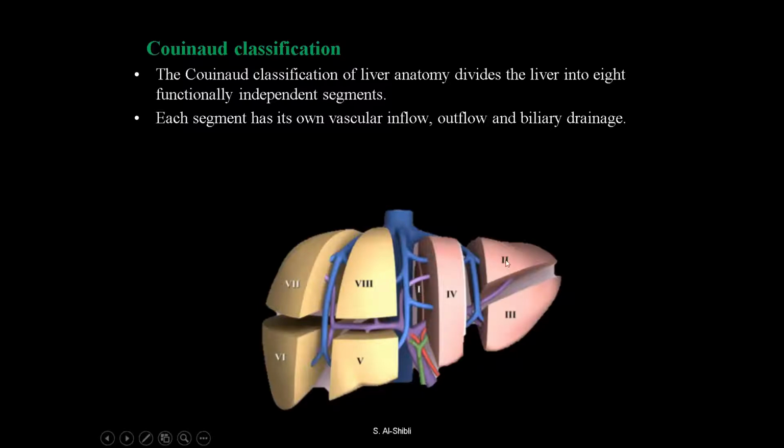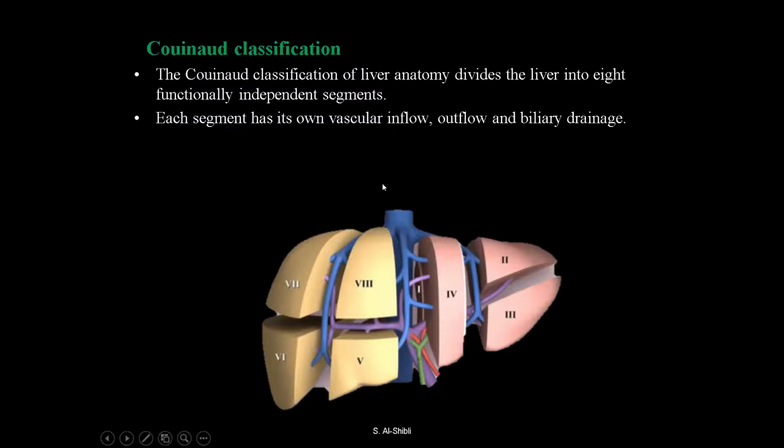Each segment has its own vascular inflow, outflow, and biliary drainage. You can find the same segmentation in the lung. In the anatomy of the lung, we call it the bronchopulmonary segment, as if the lung is divided into small lungs. The right lung has 10 bronchopulmonary segments, and the left sometimes has fewer, maybe 8. Each segment in the lung has its own characteristic supply. So you can select one of these segments, whether in the lung or in the liver, because it is a functionally independent segment. This is very important for you as future surgeons. Okay, so